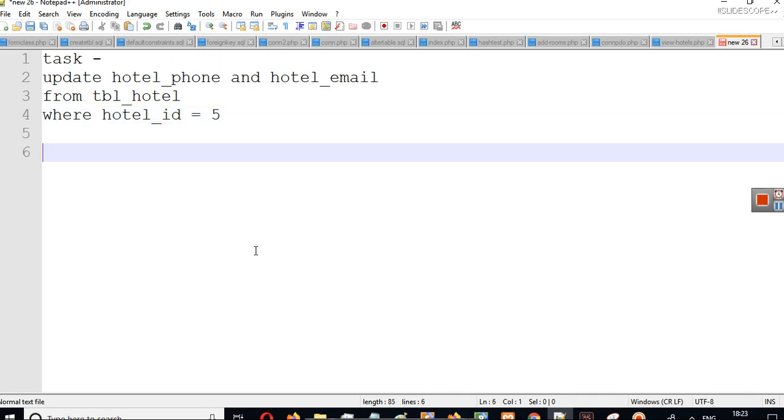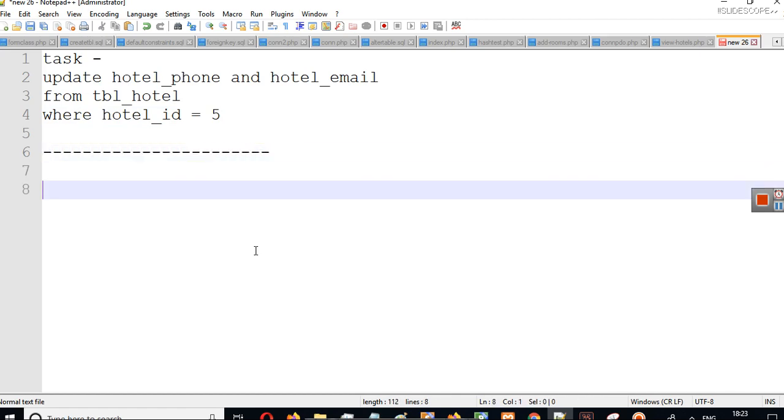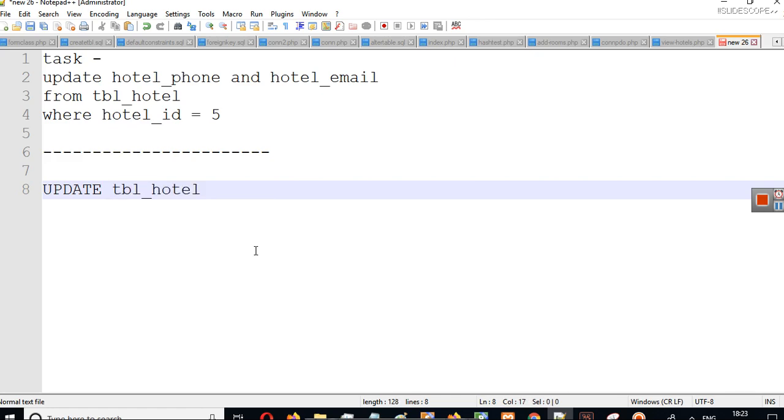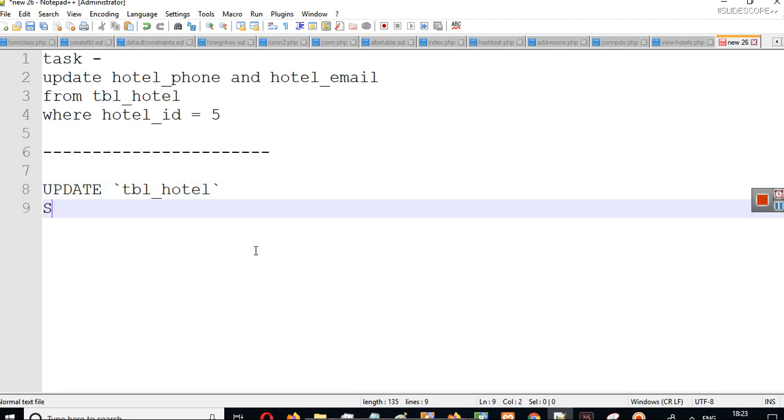Now we have our condition here. This is the task, and now we will write the query for it. The query is very simple. Update. What do you want to update? We want to update this table, tbl_hotel. Then what next? I want to set. Okay, what do you want to set? We want to set hotel_phone is equal to